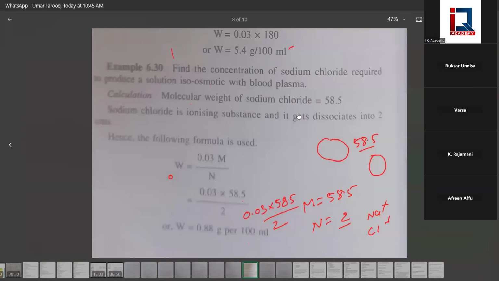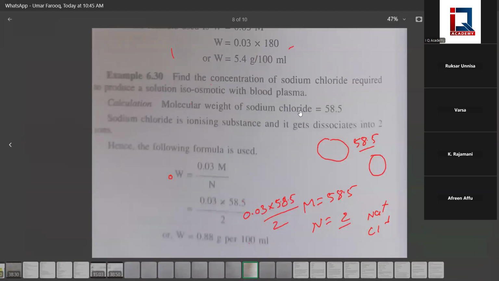So what will be the answer? 0.03 into 58.5 by 2. You will get 0.88 grams. Simplified: 0.03 into 58.5 gives 1.755. 1.755 divided by 2 gives 0.877. So as a round figure, we take 0.88. Okay. 0.033 into